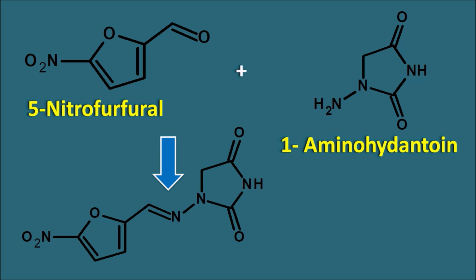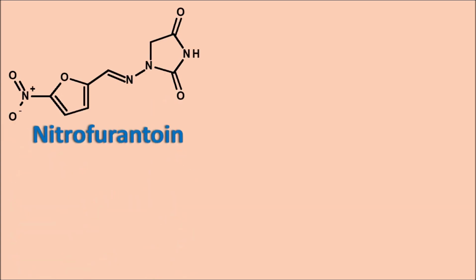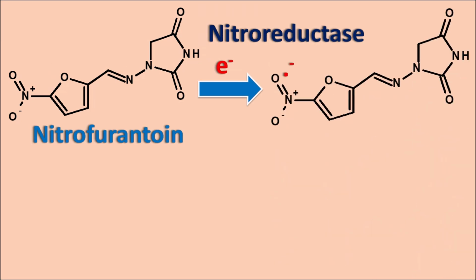Now let us see how nitrofurantoin acts. Again, the action of nitrofurantoin is related to its structure. You can see nitrofurantoin has the nitro group on the furan, which is very important for its activity. This nitro group can be reduced by nitroreductases within the bacterial cell. These enzymes supply an electron such that this electron is added to the nitro group, and nitrofurantoin forms the nitrofurantoin radical ion. So this is the radical ion which has a single electron on the nitro group.